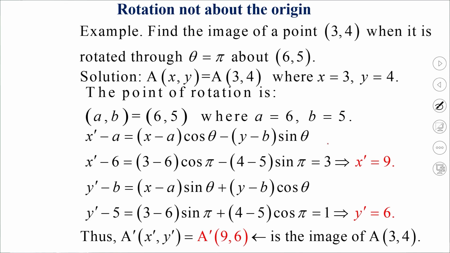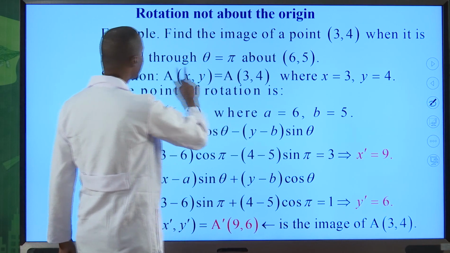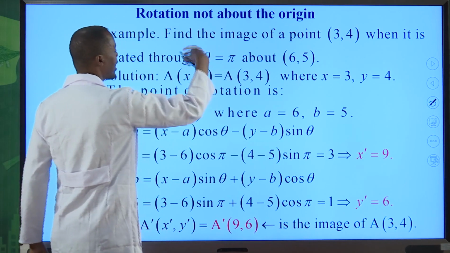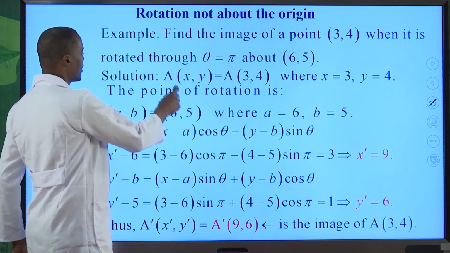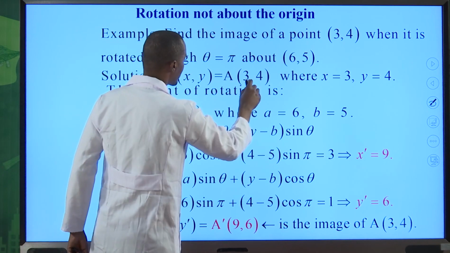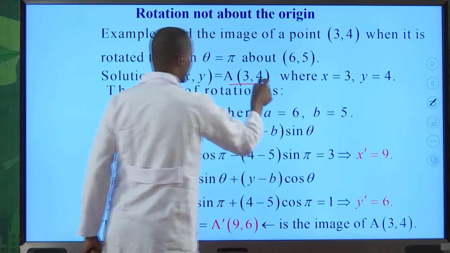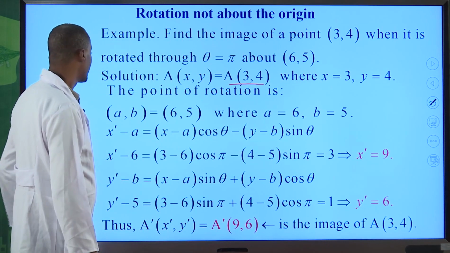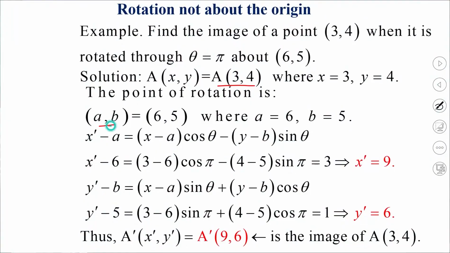So let us apply. For example, find the image of the point (3, 4) whenever it is rotated through theta equal to pi about (6, 5). The point A, which is (x, y), is now this (3, 4), where my x is 3 and my y is 4, of course, from this one. And the point of rotation (a, b) is (6, 5). The problem is I wanted to rotate the point (3, 4) about